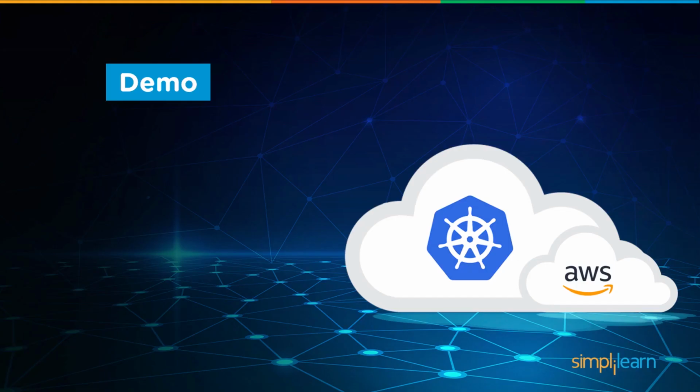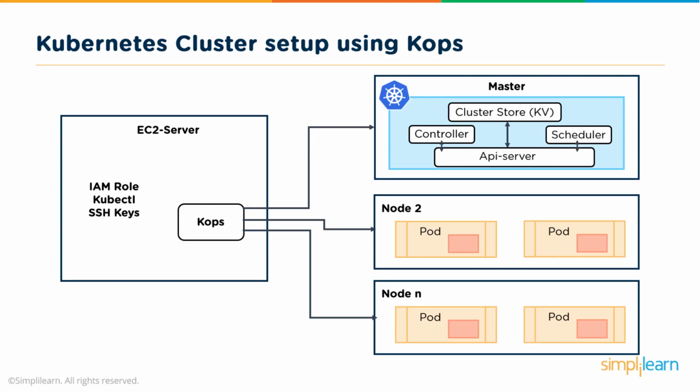We get to the demo section of my tutorial. Now that you guys are aware of what is Kubernetes, what is the use of Kubernetes, you also know at a very high level what are the components of a cluster. What is a master node or a control plane? What are the components of a master node and what should be existing in a worker node? You're probably thinking that it's maybe pretty hard to set this up. So let me demystify that by running you through a quick demo of how to set up a simple 3-node Kubernetes cluster using a tool called Kops. And I will be doing this whole setup on my AWS cloud.